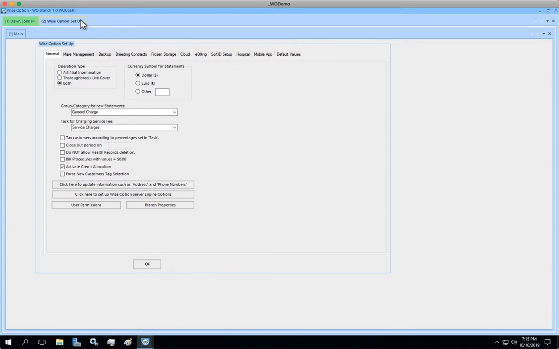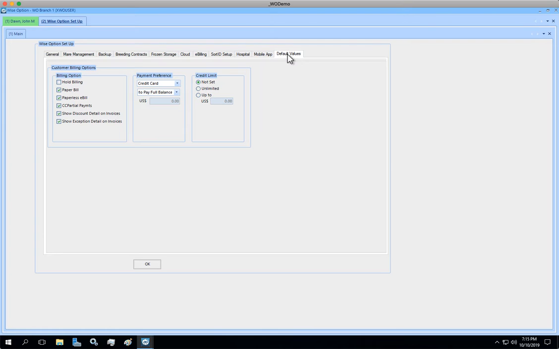Here it is, my WISE option settings. And you're going to click on the tab for default values. It's the very last tab in this example. As you can see, it's exactly the same frame. And I'm going to say that our default is this,